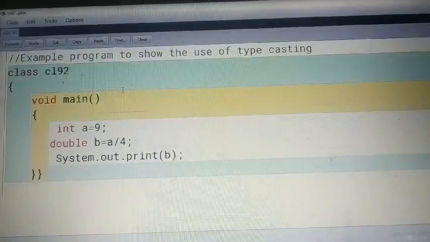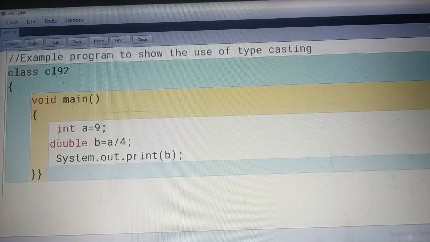Means if integer and integer division is taking place, the result will be integer. If it is received in a double or float type variable, the result will surely be affected. Correct, accurate result will not come.